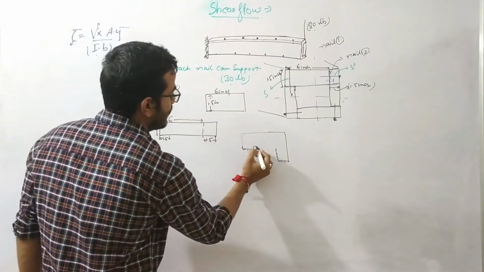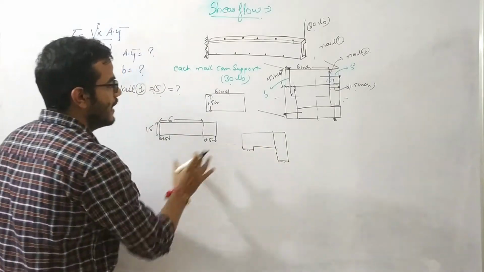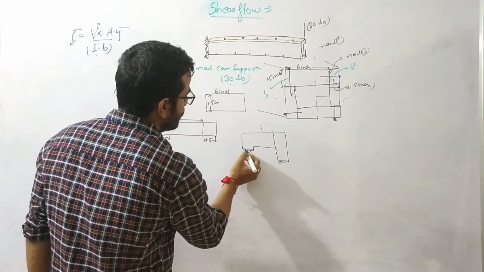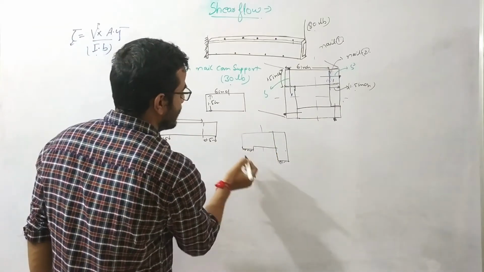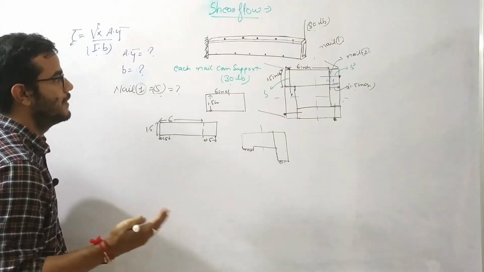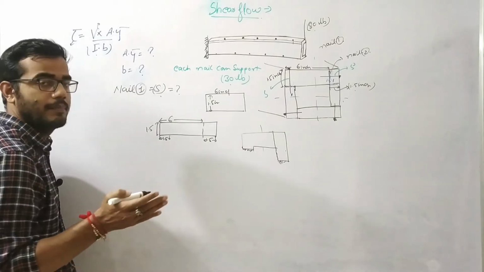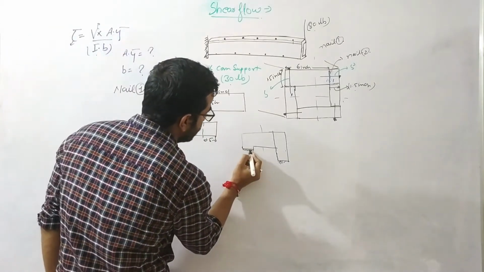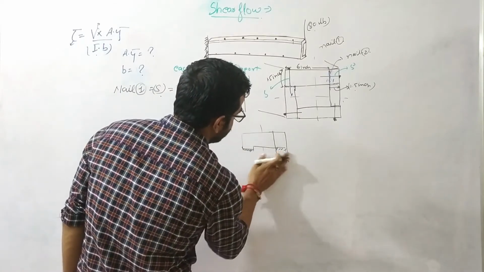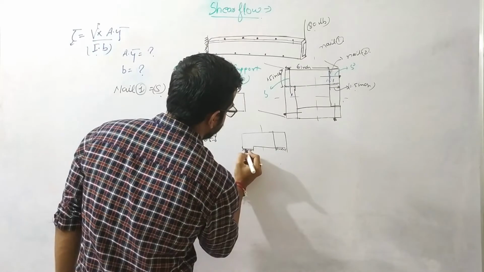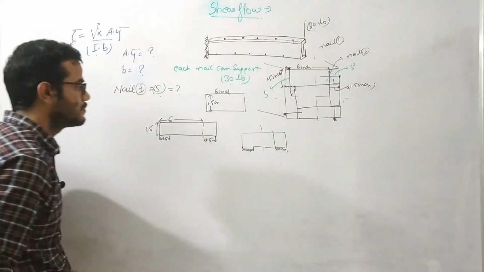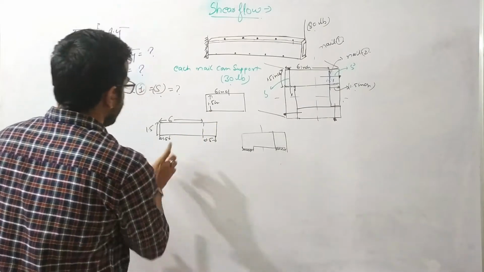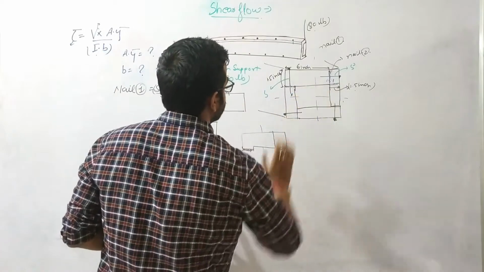But you can see that the shear stress at these two locations will be different. Due to the symmetry, the shear stress at this point will be equal to the shear stress at this point, but at this location the shear stress will be different. So our calculation will become tough. Our main aim is to simplify this problem in a very simple manner. That's why I'm cutting this section at this portion and this portion, because the shear stresses are the same. So I need to calculate only one shear stress, at this point or this point, right? I guess this is clear, why I have cut this section at this location.